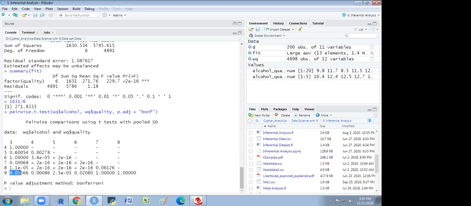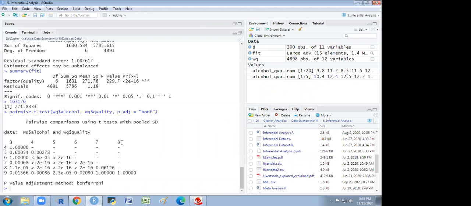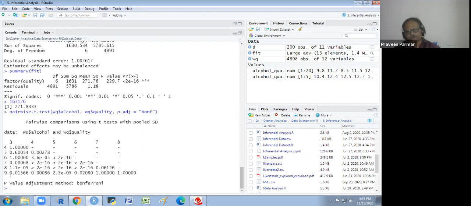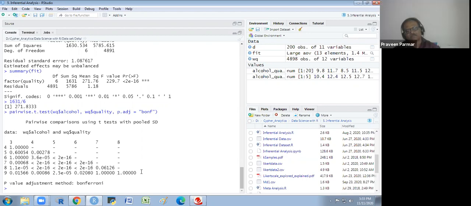Got it? Here we see 5 and 4, there is significant difference. 5 and 6, significant difference, and everybody has the significant difference with 4. And the 5, you see 5 with 6, 7, 8, and 9 have significant difference. 6 also has significant difference. 7 has significant difference with the others, and there is no significant difference of 7 with 8 and 9. It is greater than 0.05. There is no significant difference of 8 with 9. So it is giving us the clear picture of each group. Better than ANOVA. What do you say?